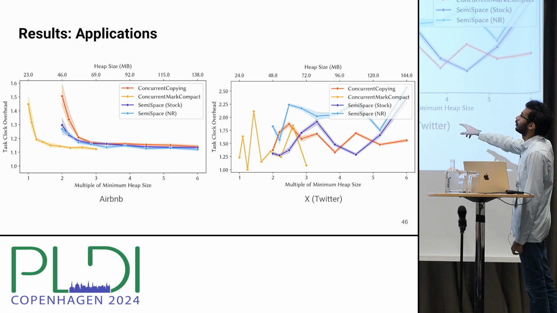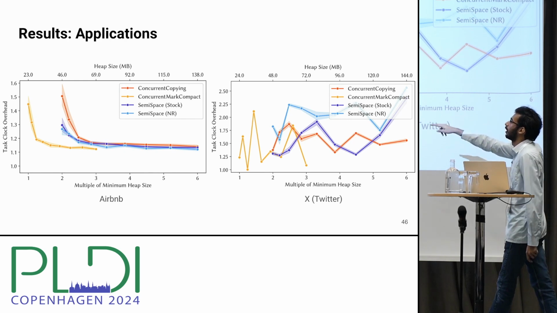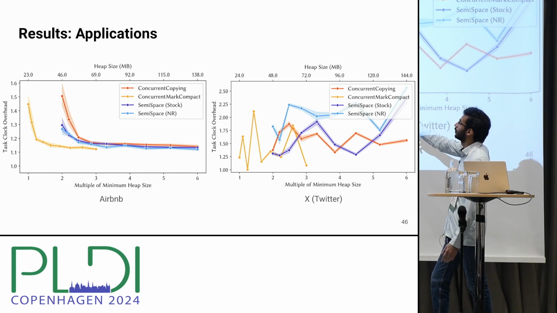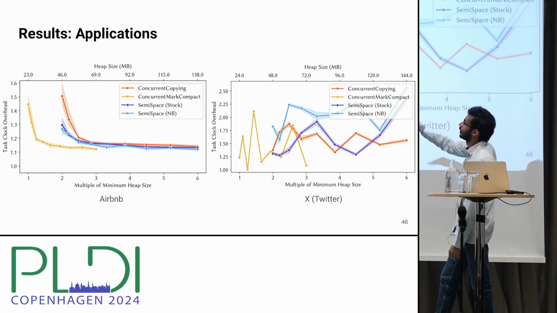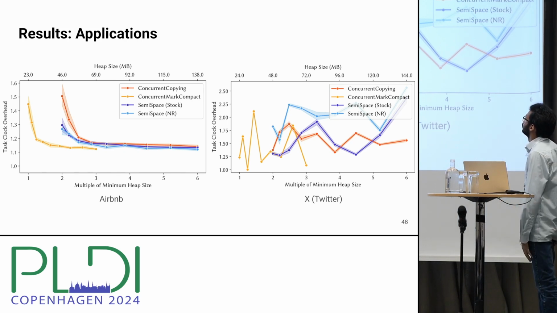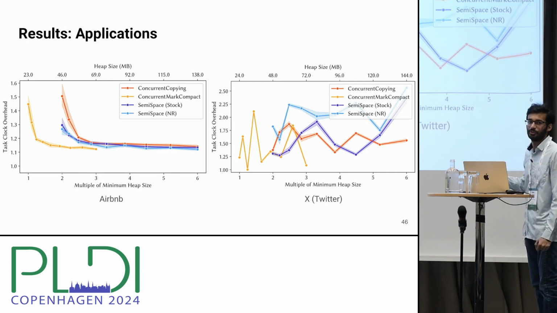So now these are results for two of the Android benchmarks. On the left here, we have Airbnb, which behaves like you would expect, with smaller heap sizes having larger overheads and so on and so forth. So you get this nice curve. But over here on the right, we have Twitter, which behaves very chaotically, and there's no visible trend here. And we believe this is because Twitter is actually quite